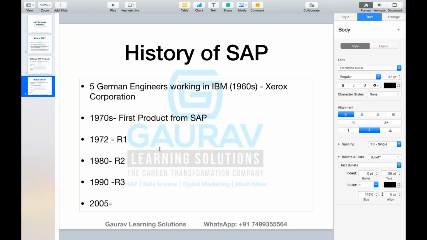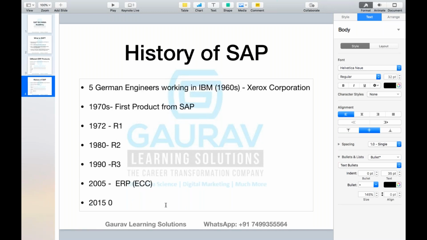Okay, the name is ERP, although R3 is also ERP. It doesn't mean that ERP was developed in 2005. Even R3 was ERP, so they said in 2005, the product they came up with is ERP, which is also referred to as ECC. Most of the customers today who are using SAP, they are using SAP ECC today. In most of the companies, if you go for consulting, you will find that most of the customers are using SAP ECC today. Okay, and in 2015,